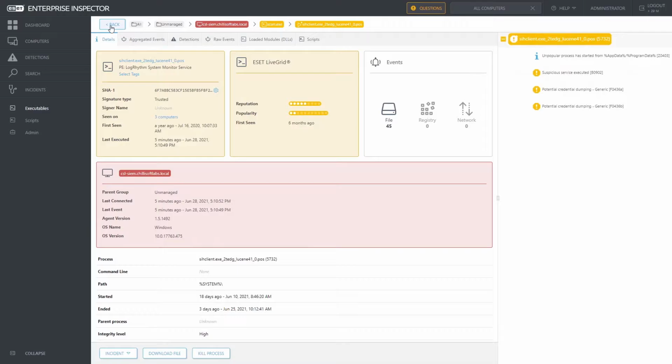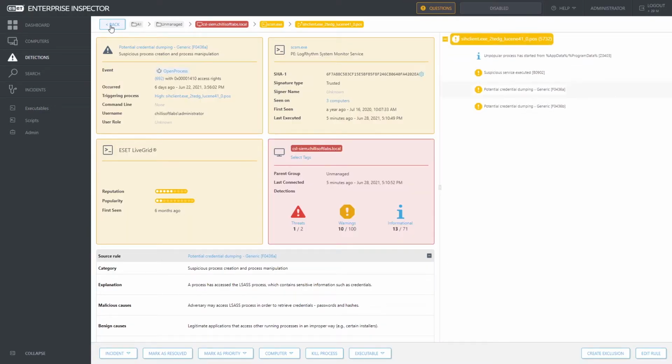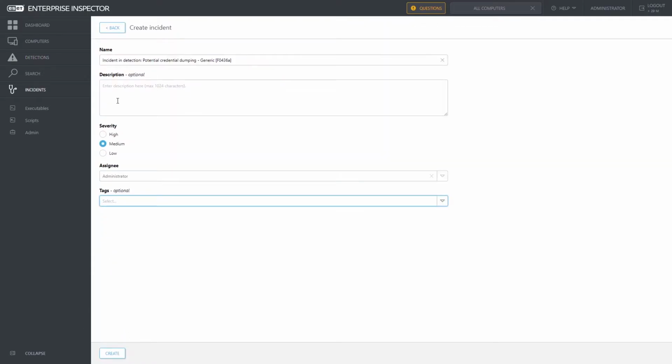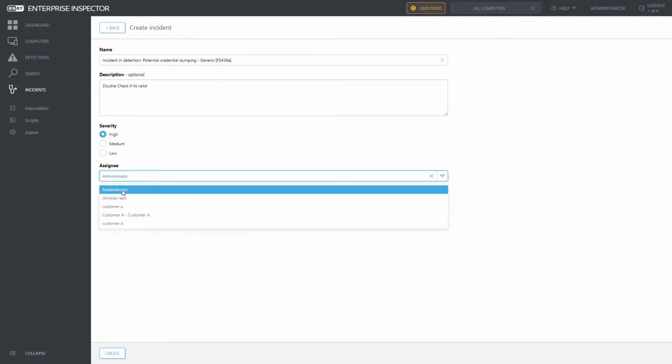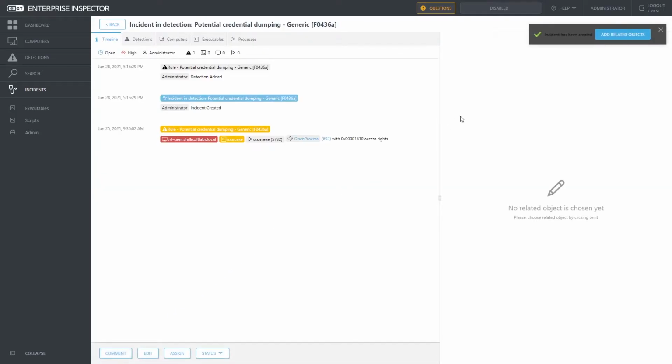Say we go back into the alarm and want to make sure this is a valid process. Now we can use one of the new features for case management and raise an internal case for further investigation by creating an incident. We will choose the severity and assign it to the correct user. We can now add related objects